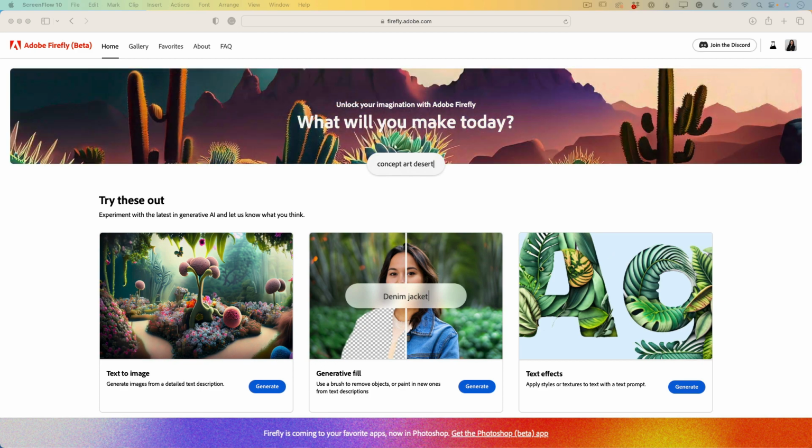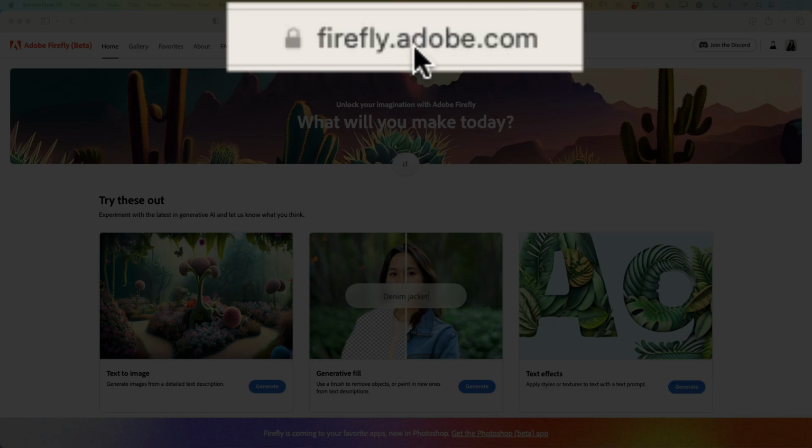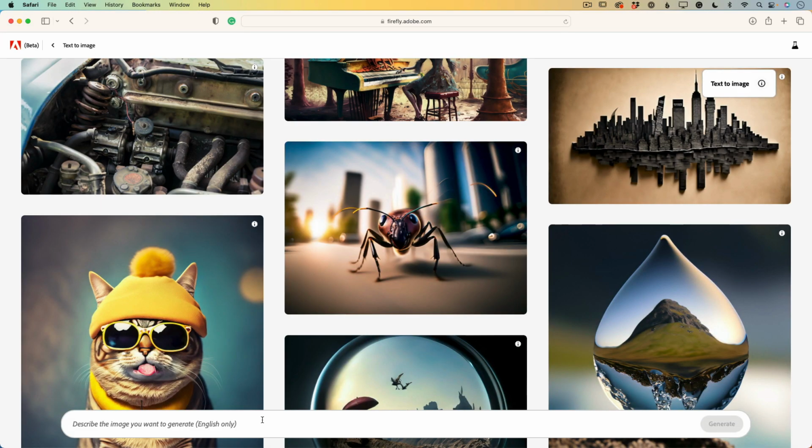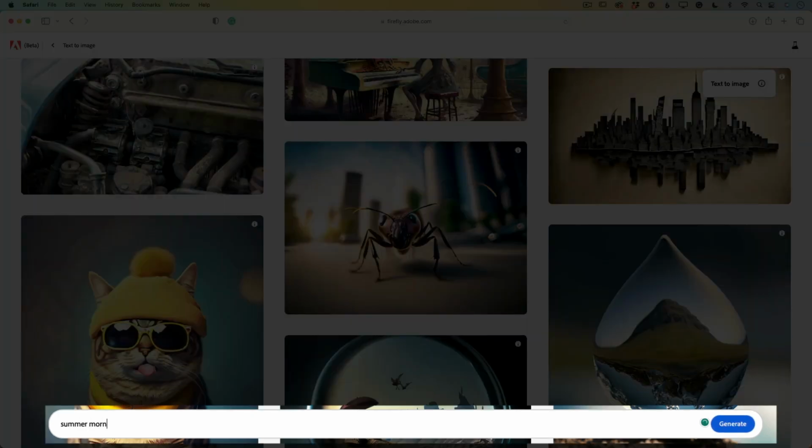First things first, we need to go to the Firefly website. Follow this link, firefly.adobe.com. And we will start today with text to image. Click on generate and voila. In the prompt text area, I will type summer morning